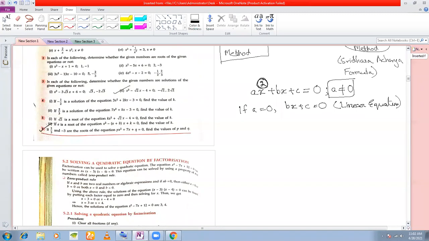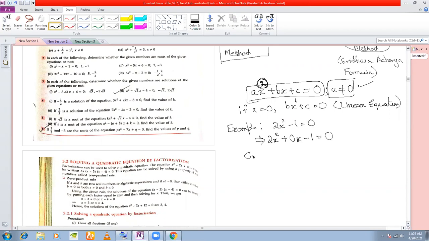If a is equal to 0, the highest power of x here is 1. So for the highest power of x to be 2, that is, for this equation to be called a quadratic equation, the most important condition is that a cannot be equal to 0. Okay, so you can have quadratic equations like 2x square minus 1 is equal to 0. This is a quadratic equation because the highest power of x is 2. If you want to write this in the form ax square plus bx plus c, then you can always write this as 2x square plus 0 into x minus 1 equal to 0.